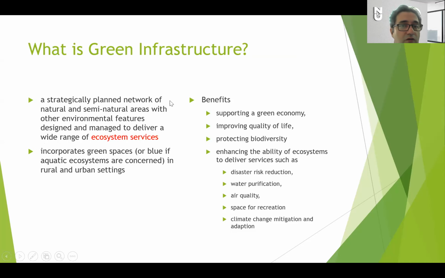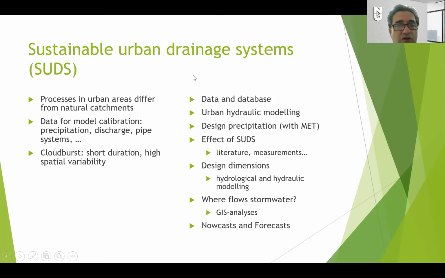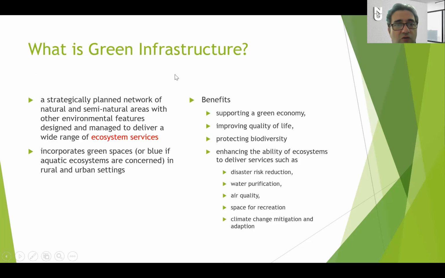Okay. So one more thing to talk about today is green infrastructure. In the earlier slide, I mentioned sustainable infrastructure, and now we are talking about green infrastructure. Green infrastructure is another narrowed down application of sustainability. So sustainability is at the higher hierarchy. The sustainable term covers green, but green is more specific.